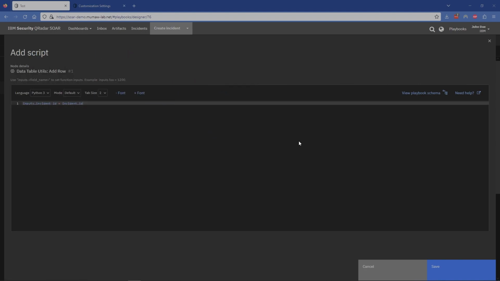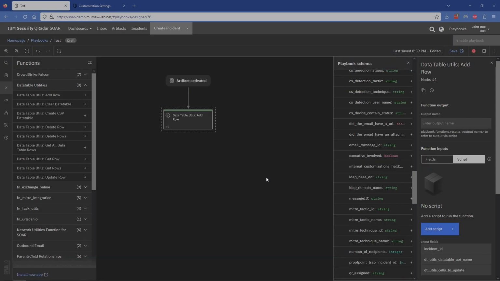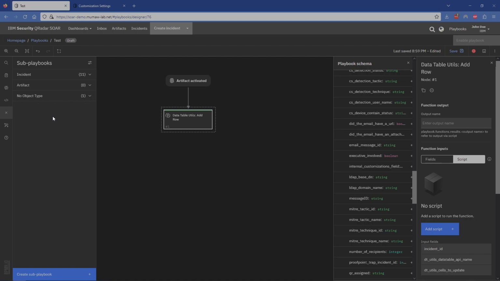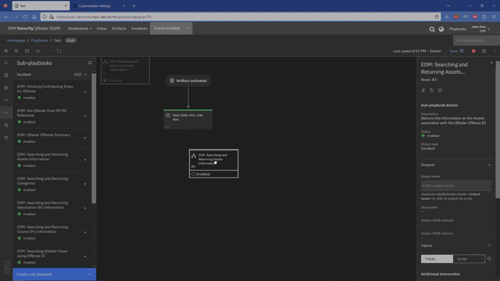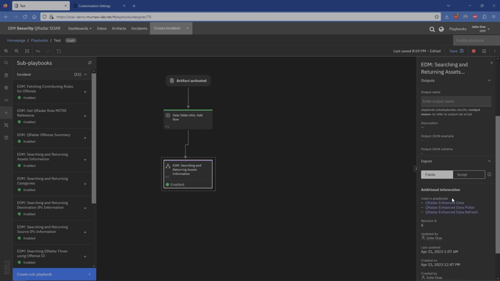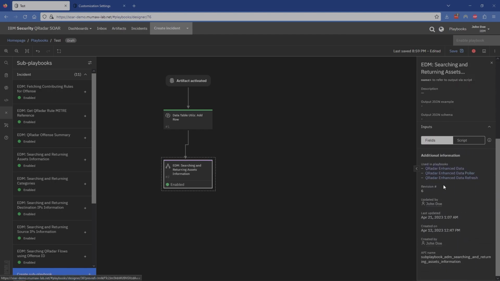All right, so now we've covered that we can do it in both a function and in a script. Now, the last section to cover is the fact that we can actually add a sub-playbook and do the exact same thing. So for instance, if I were to add this sub-playbook here, and this sub-playbook has an additional input that is needed. So down here, we can see that it's got